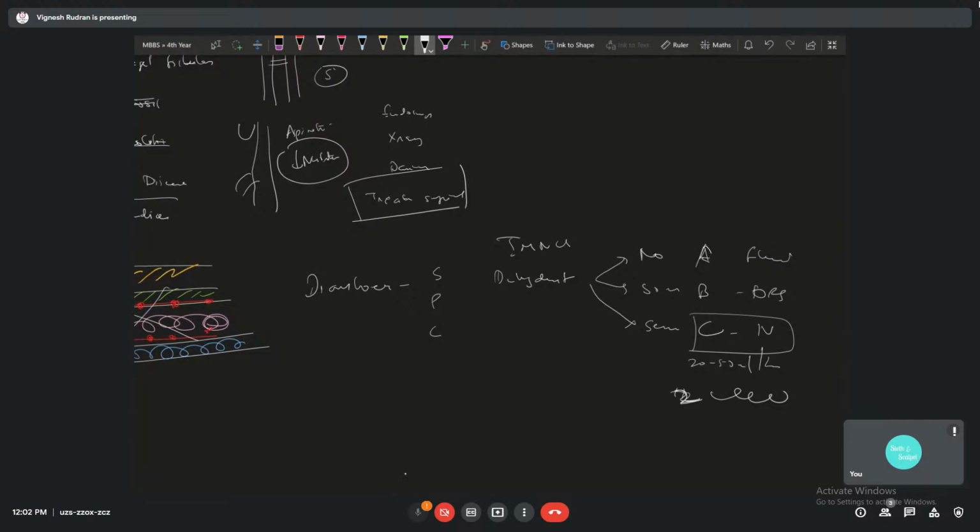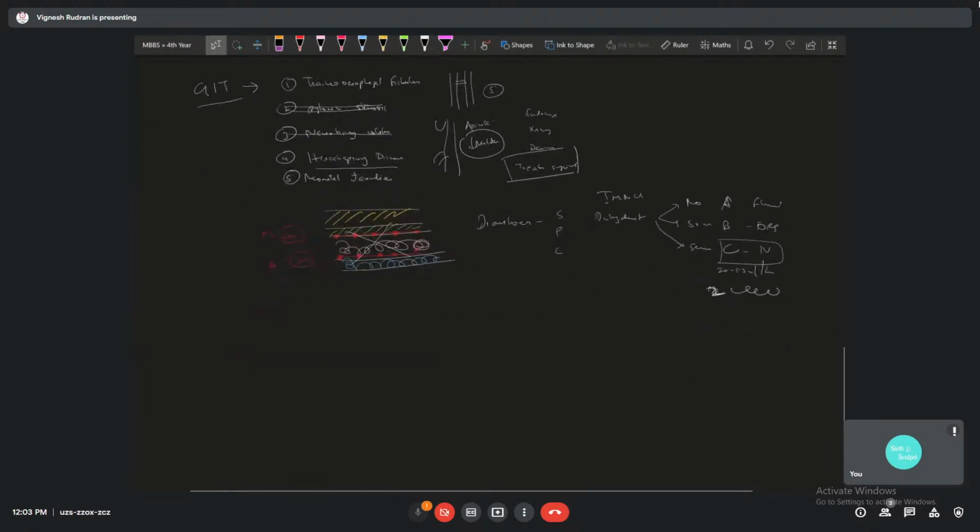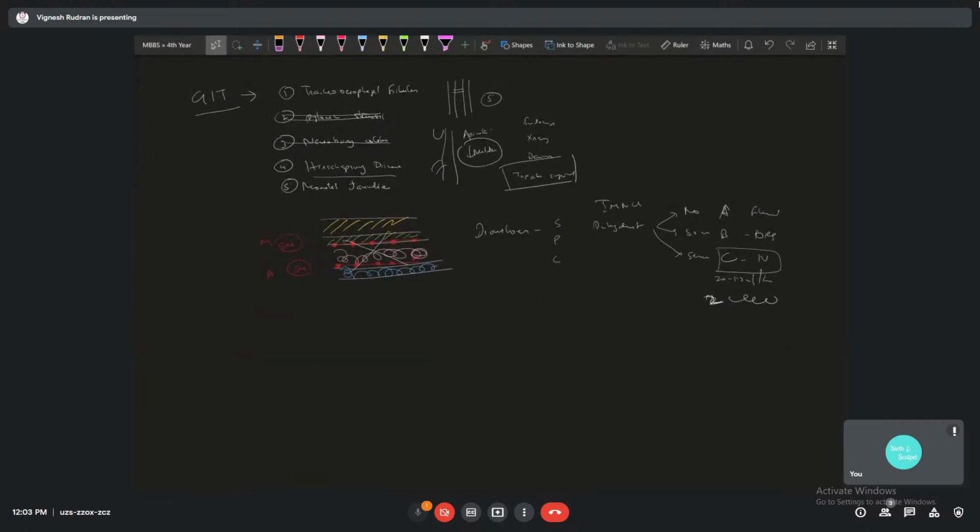So the signs of dehydration are going to be your skin turgor, your sunken eyelids, and your thirst. If all of these are present, that is going to be some dehydration. Severe dehydration is when the baby won't be very enthusiastic to drink water, so it's very dehydrated, and skin turgor will be very prominent, and the sunken eyelids can be seen prominently. So those are the signs of dehydration, and IMNCI for dehydration. So that'll be about your diarrhea and dehydration.